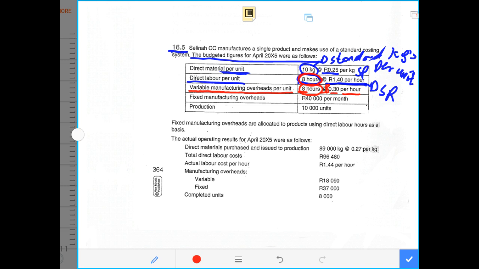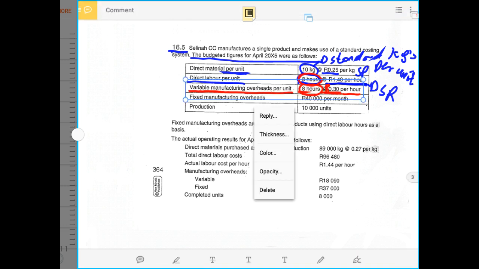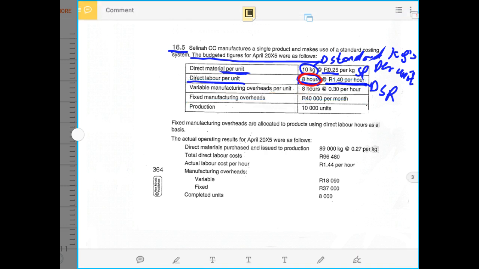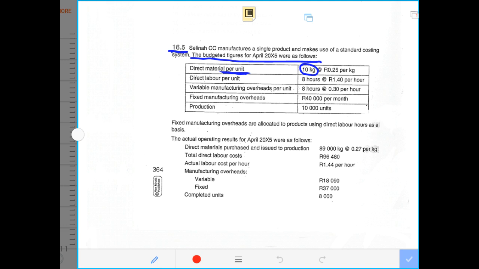Therefore, that will be the overhead rate per hour. This will be the variable overhead rate per hour. Therefore, we'll also apply that when we are doing the variance, as I did emphasize. Then we proceed to the next one, and the next one is the fixed overhead